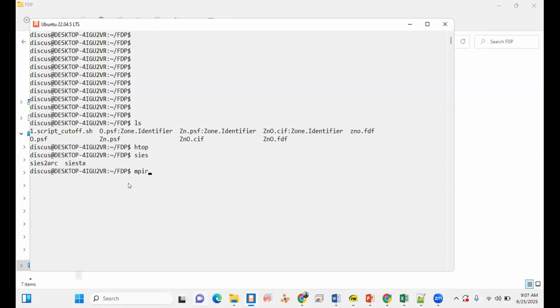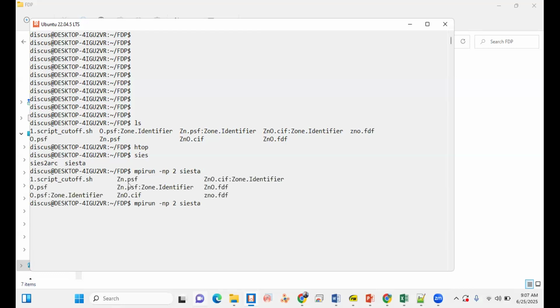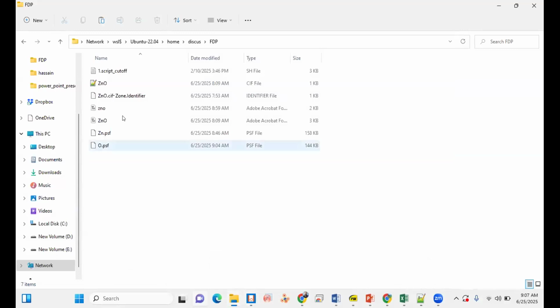So again I write the command mpirun -np, then 2 processors will be used, and then I write the name of the executable, siesta, then the input file name. If you don't remember, just press the tab button twice and you will see the FDF file. I think I have 2 FDF files here. Let me verify which one is for the calculation. One is the small one and the other is the big one.